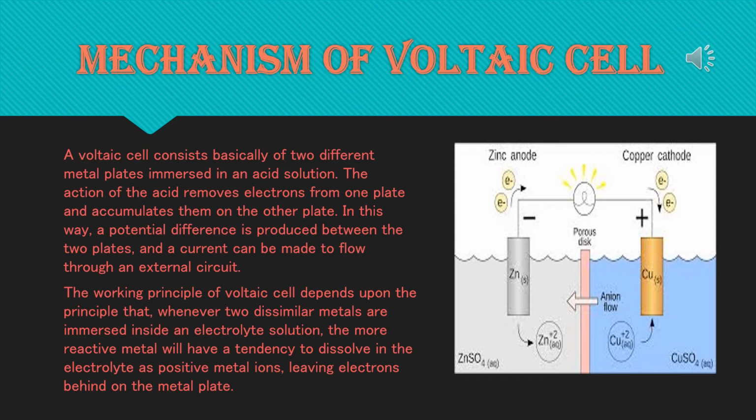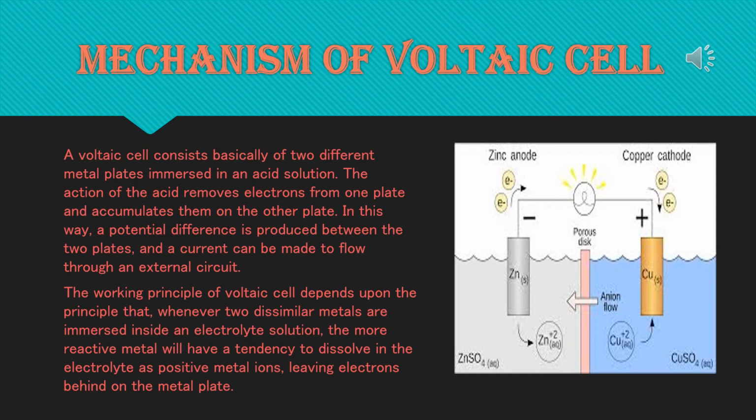In solution, dilute sulfuric acid is ionized into positively charged hydrogen and negatively charged sulfate ions, that is H2SO4 dissolves into 2H+ and SO4 2-, cation and anion. So when copper and zinc plates are dipped in the acid solution, zinc ion from zinc combines with sulfate ion to form zinc sulfate. See the diagram, zinc sulfate, or ZnSO4, is forming. As a result, zinc plate becomes negatively charged.